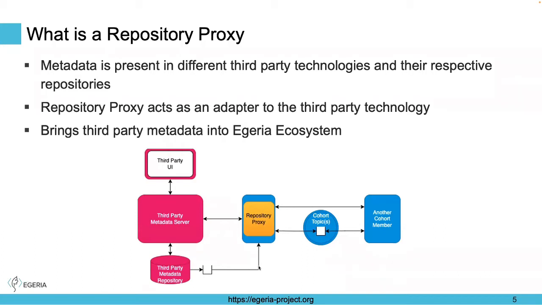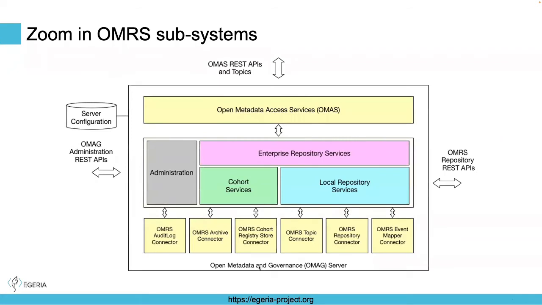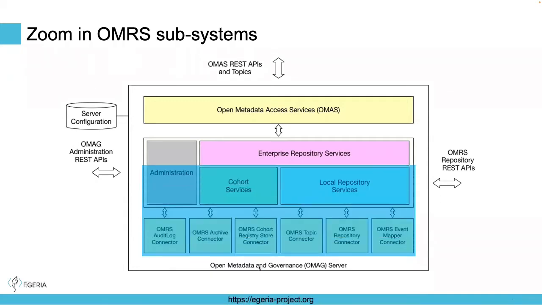So what does it mean? There's this yellow box here, which we call a repository proxy. This is in Egeria terms how it is built, all those subsystems together, but actually more the building blocks that you see here in focus are the ones that support the function of the repository proxy. And with these building blocks enabled, we are able to support the function of the repository proxy. Main thing is that